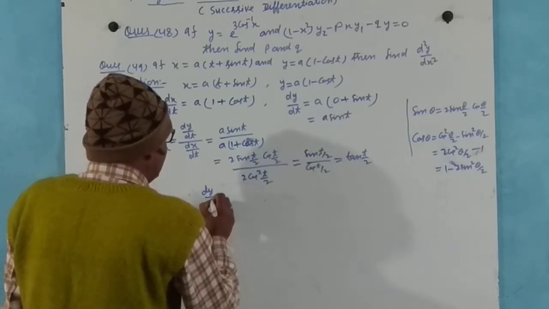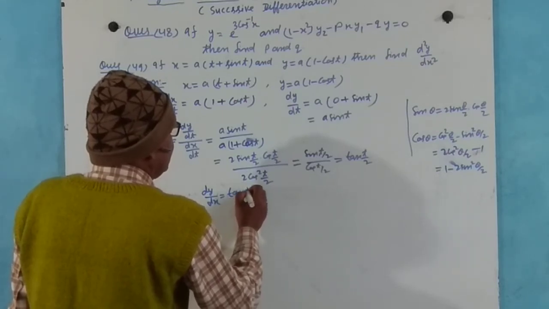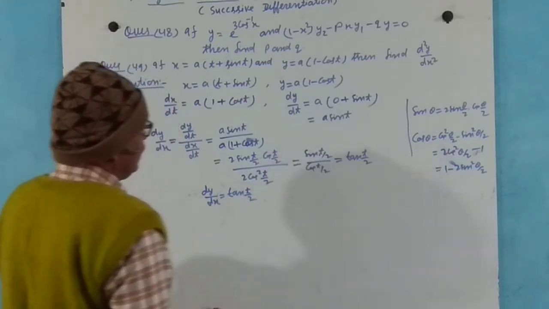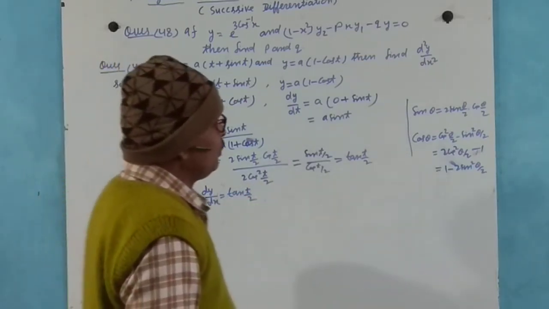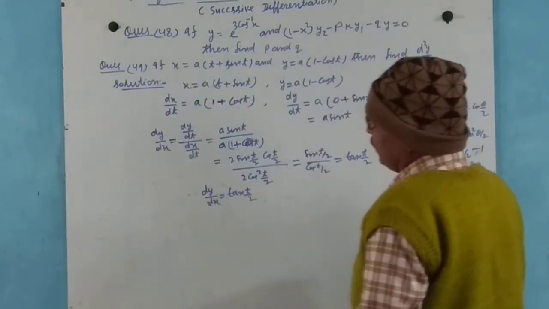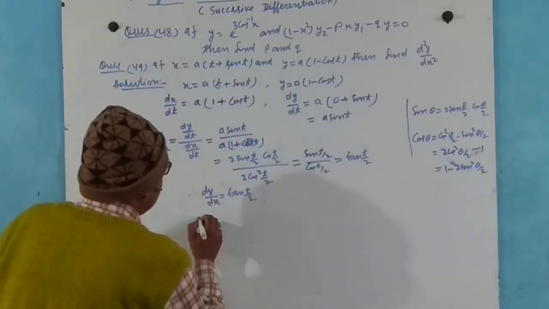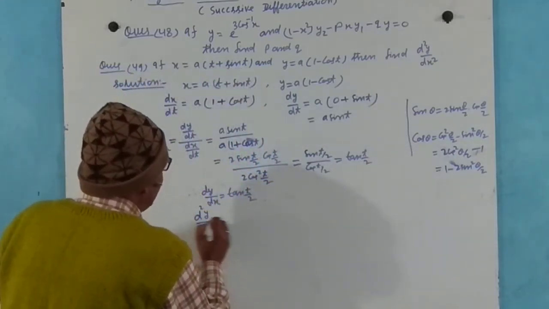Now we have to find d2y by dx2. Again differentiating it,